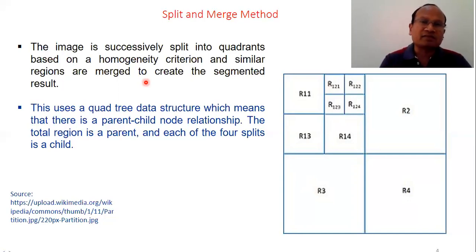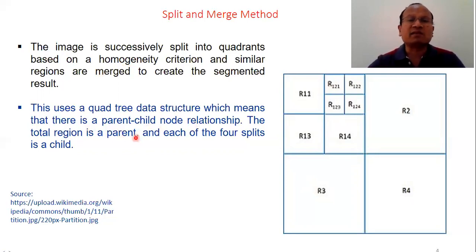In a split, what happens? We have to keep on splitting until there are no more non-uniformities in an image, because we want all disjoint regions. If there is one area where we find similarity, but there are two types of similarity in that area, let's separate them. In that way, we can split by dividing into quadrants. That's the general practice. This utilizes a quad tree data structure.